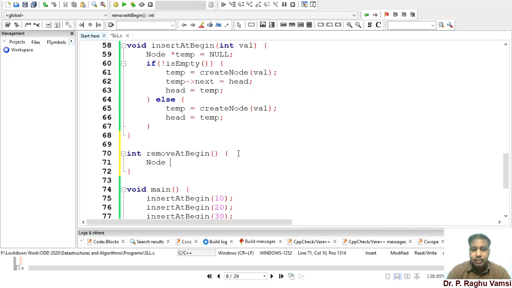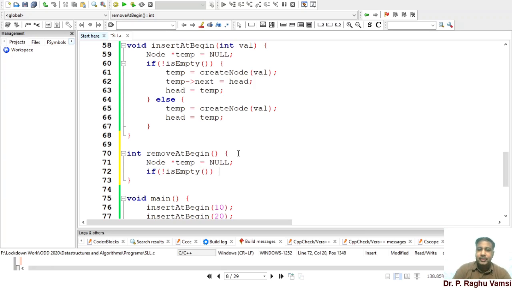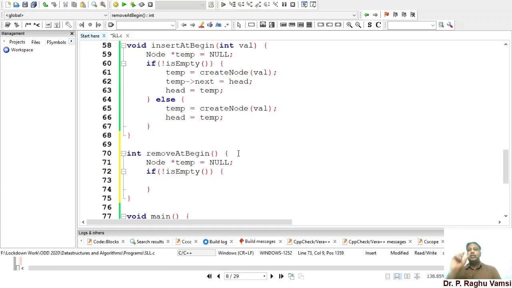So again node star temp is equal to null. When can you remove a node from the list? If not is empty, then you can do it. Then you have to remove the first node.